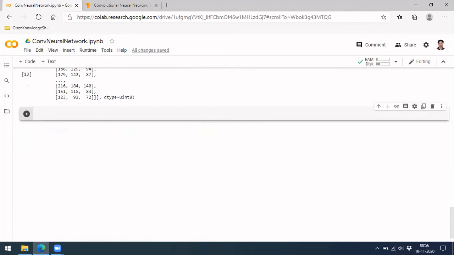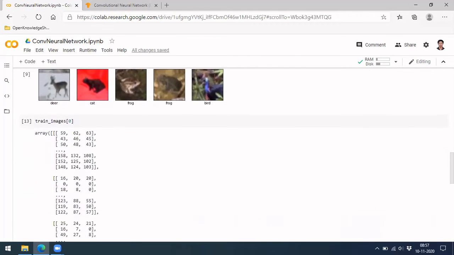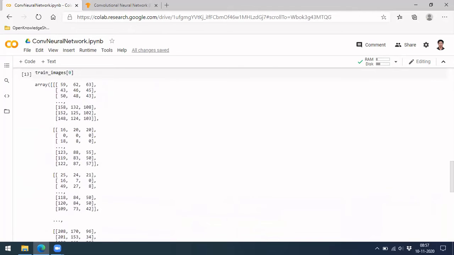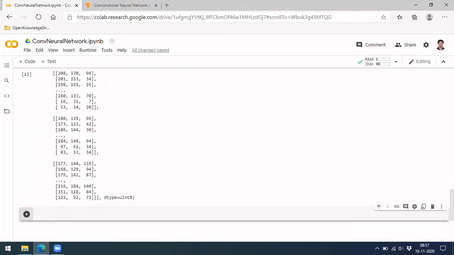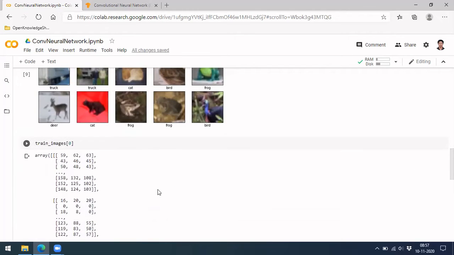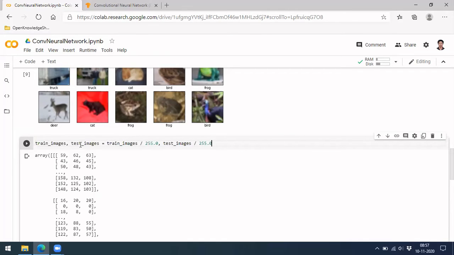If you look at one of the values here, for the 0 data set, you have values varying from around 0 till 255, but I could see only 216 here as the maximum. Usually it will vary from 0 to 255. So we'll do a normalization step here. We divide by 255, because the minimum is anyway 0, so it's a kind of min-max scaling. If you divide by 255, all your values will be within 0 to 1. Let me do that for both the train and test images.